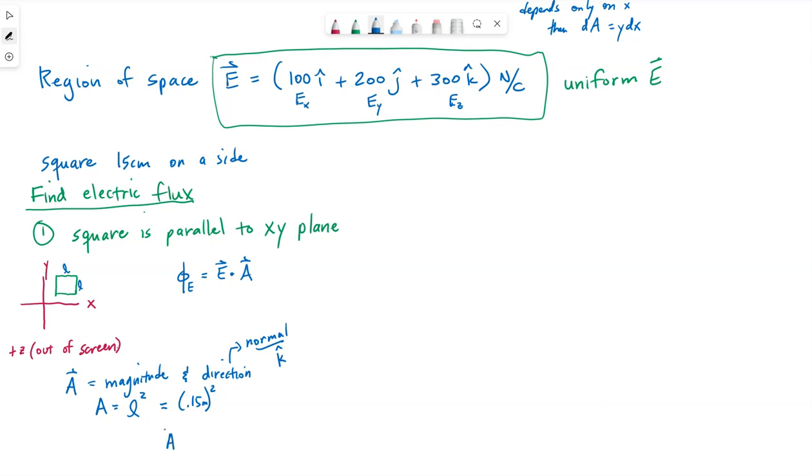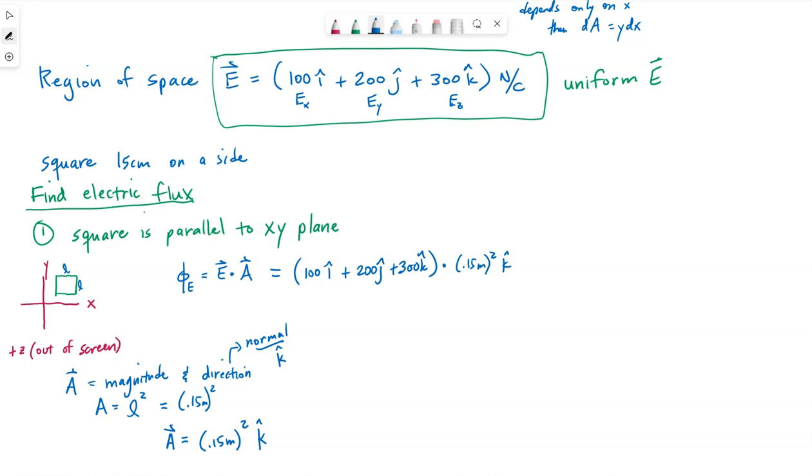So our area vector in this case would be 0.15 meters, all of that squared, in the k-hat direction, the z direction. So when we go to do the dot product, the 100i plus 200j plus 300k dotted with this 0.15 meters squared k,